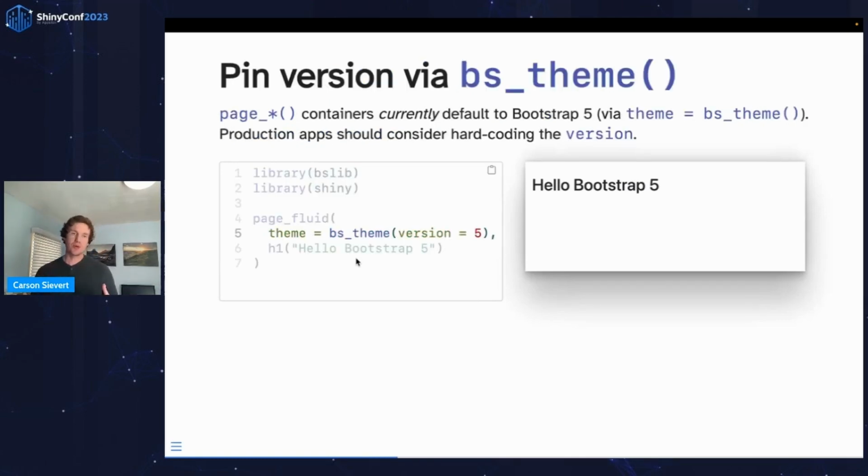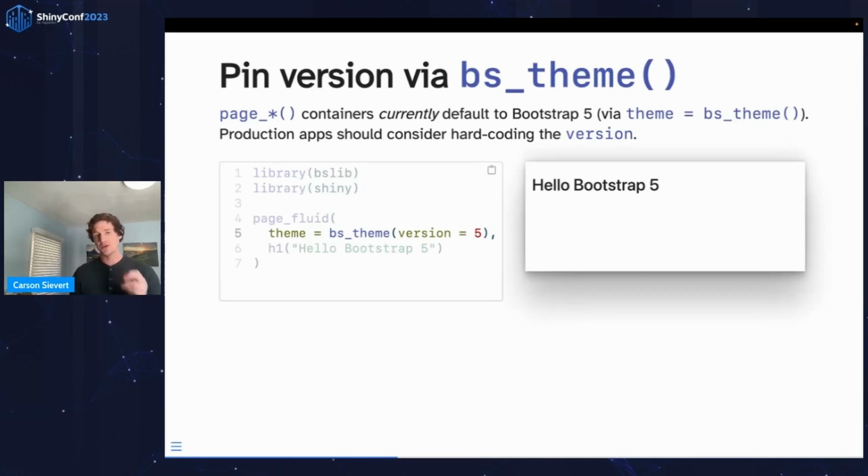Page containers currently default to Bootstrap 5, basically because bslib currently defaults to Bootstrap 5, the most modern version of Bootstrap. But we're going to be a lot more aggressive than, say, Shiny would be about always updating to the most recent version of Bootstrap.